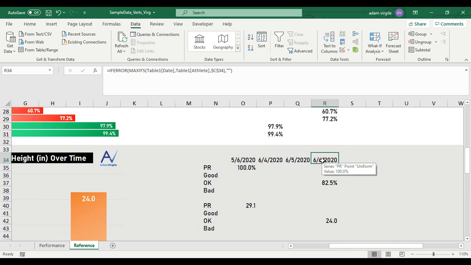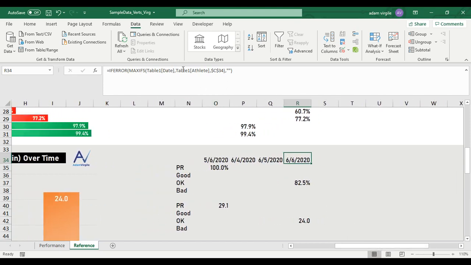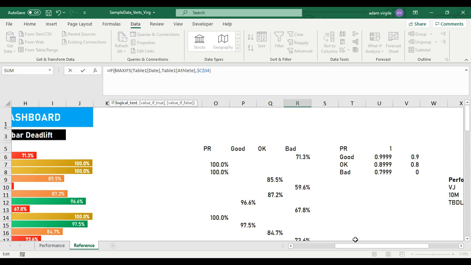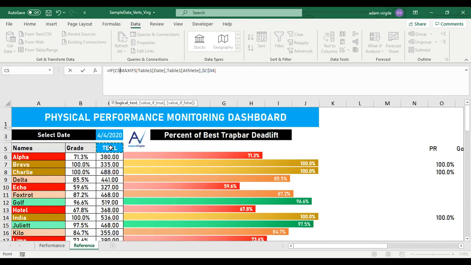So we're going to do the same thing that we've done every single time so far. We're going to do an if statement, or three of them, to consider each of the different potential things that we select. And the way that we're going to do this is, let's just remove this IFERROR stuff for now. And so we'll just type equals MAXIFS. I'll click enter. And the first thing that we're going to do is equals IF, open parenthesis. I'm going to do this once and I'm probably not going to do it again because we've done it so many times. If whatever we select in our dropdown, let's lock it in,